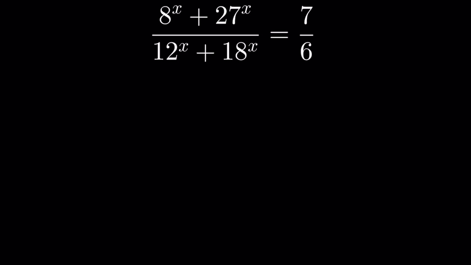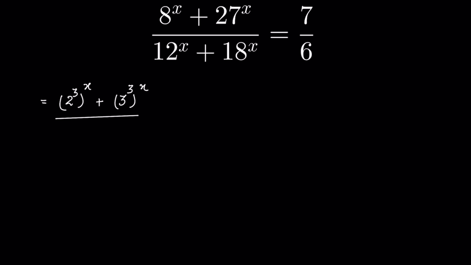8^x + 27^x upon 12^x + 18^x equals 7 upon 6. We have to find the value of x. Let's try. 8 we can write as (2^3)^x, plus 27 as (3^3)^x,